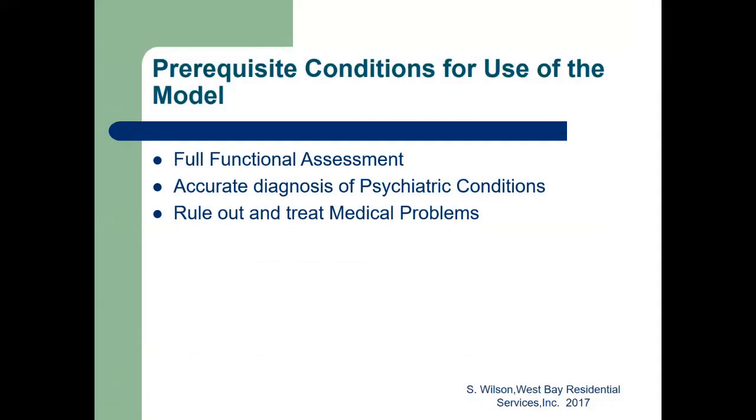Okay, of course, we need to rule out and treat medical problems. So many times in my experience, the behaviors that I have seen being expressed in people have been due to things like thyroid disorder, urinary tract infections. I've had a couple of people who,